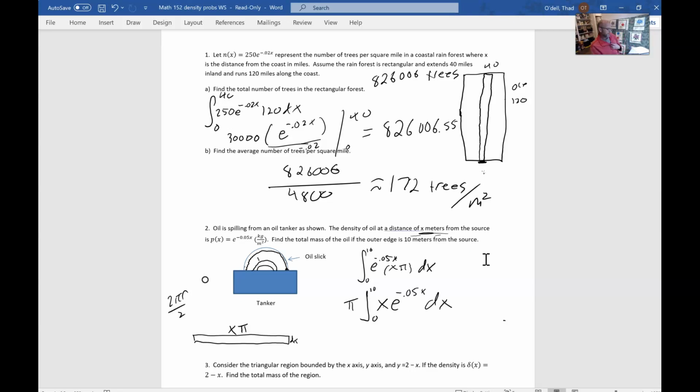So we need to integrate that from 0 to 10. So again, you can do that using the fundamental theorem of calculus part 2. And if we get, let's see,